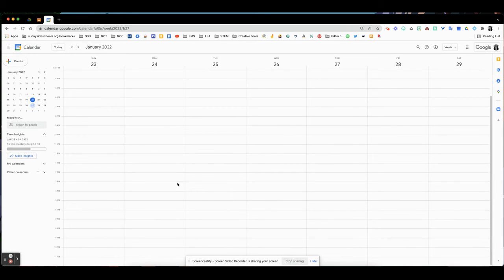So if you're connecting virtually with your students using a platform other than Google Classroom, for example, Seesaw or Schoology, you're going to want to go into Google Calendar at calendar.google.com to set up your Google Meet links. I'm going to go over really quick what that looks like and one really important security feature you want to enable. So for example, I am going to double click on the day I want to start my Google Meet,